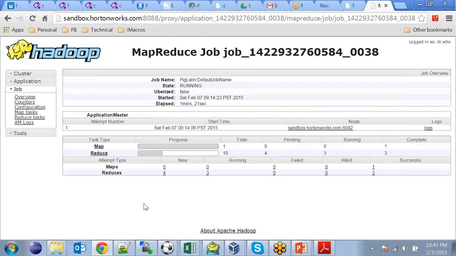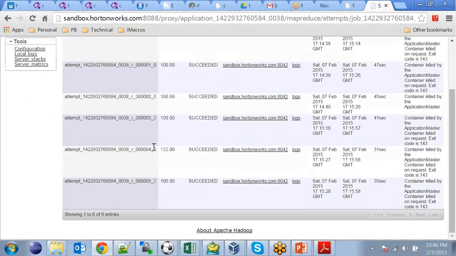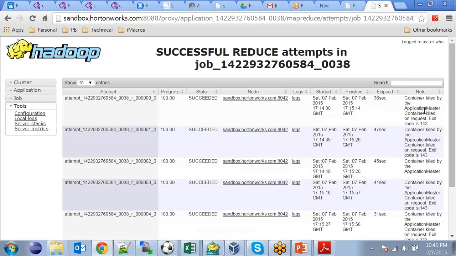So over here, if you can see, none of the mappers is running now. All the mappers are completed successfully. Reducers: new 4, running 3, successful 3. So total 10. We can look at the successful reducers also. We can also look at the current progress of our program. We can look at the successful reducers, their logs,